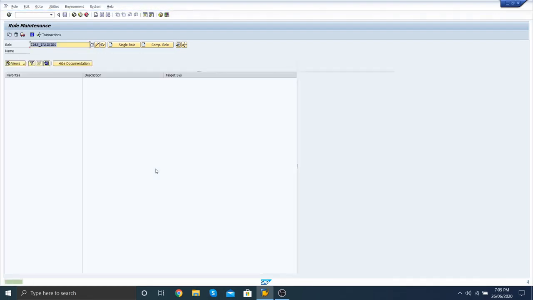This transaction deletes all your role profiles, and there you can check there is no more of this role in your system.